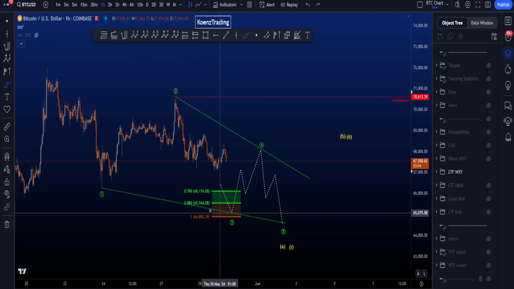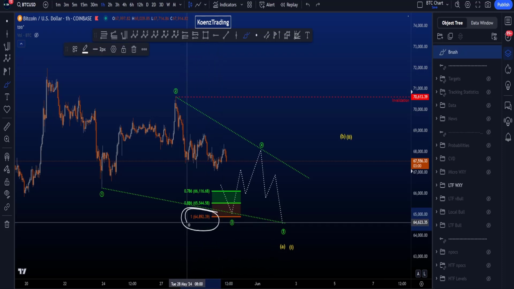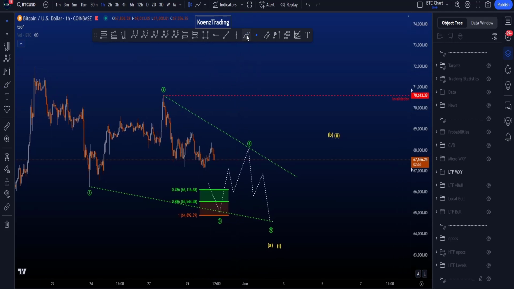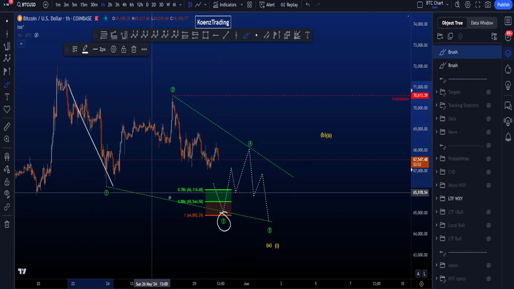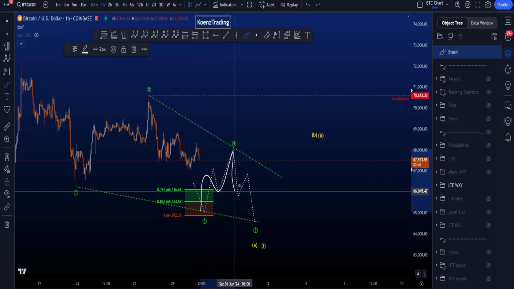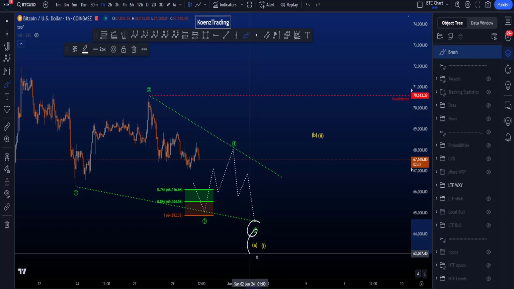If price moves to the downside and hits the 1-to-1 trend-based fib extension at 64.9k, it will reduce the probabilities for this particular scenario, as preferably your wave 3 is shorter than your wave 1. After wave 3, we're looking for a wave 4 to the upside, a final wave 5. Both of these waves have to be zigzag family structures, and then after wave 5, we label it a wave